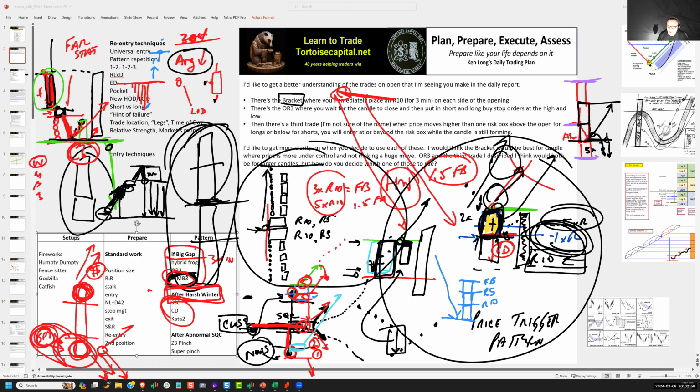Because remember, the R10 is about 1/3 of a frog box. So you got like 1, 2, 3. And the R5 is twice the size of the R10, or you just wait for the frog box. Now, the frog rules always told us that from the low of the day,